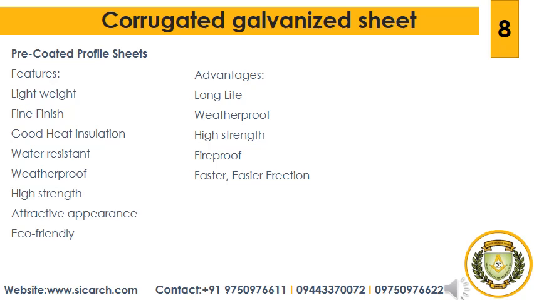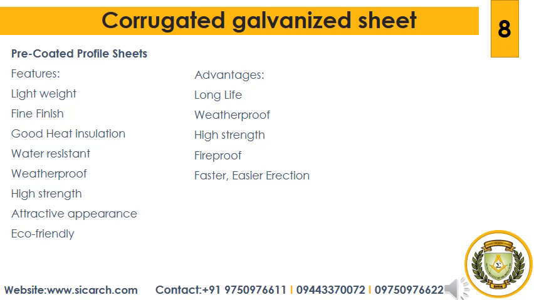So the next is high strength. Better tensile strength makes these sheets bear heavy loads. Attractive appearance: the sheets are available in an attractive range of colors that makes them very appealing in look. Next, they are eco-friendly. These sheets are manufactured in compliance with environmental safety. So the next one is economical. Since they require no added coating and they have high durability compared to the other range of cladding sheets, lots of savings can be achieved.